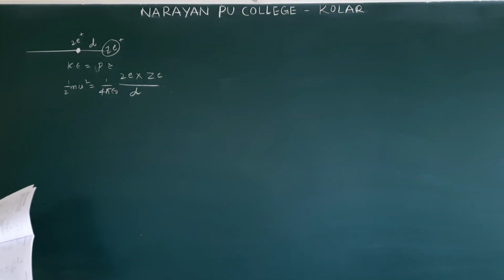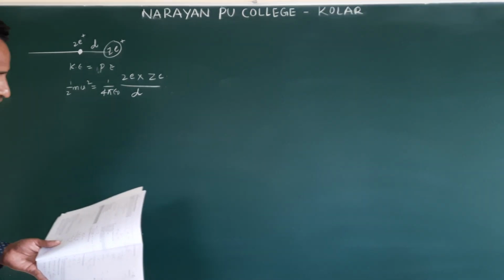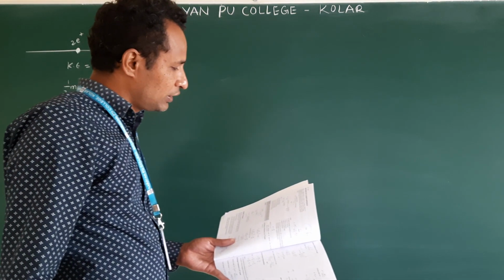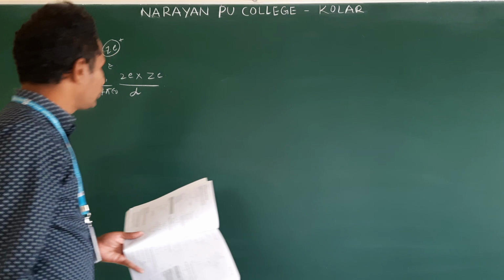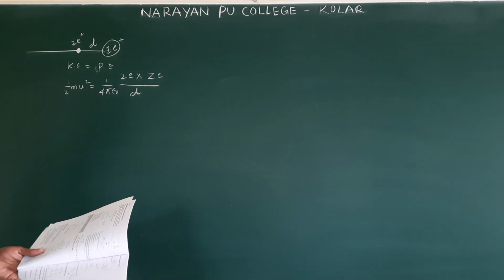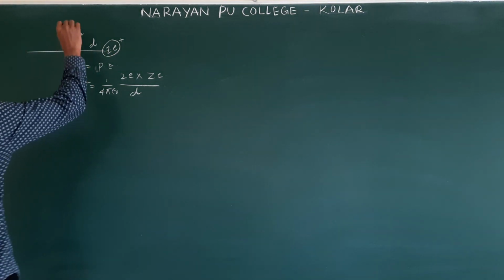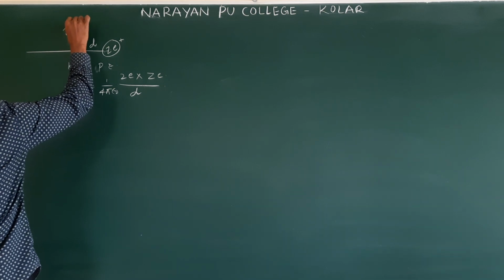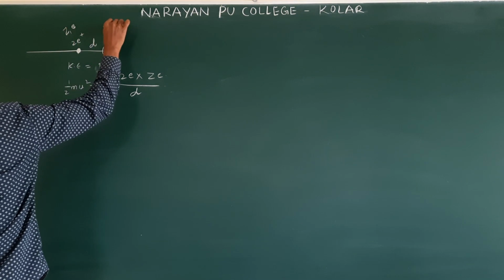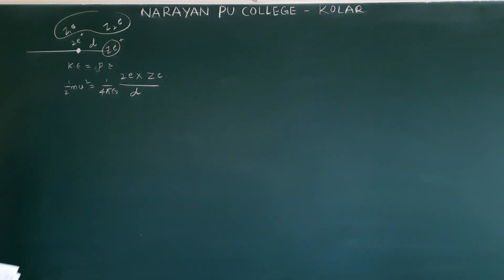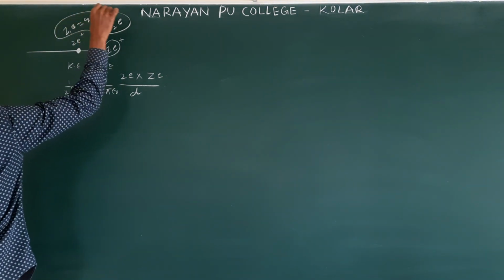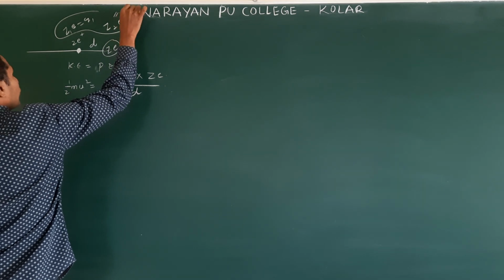They mention this only: half m v square is equal to 1 by 4 pi epsilon naught. Actually we are taking helium, so they have written the formula in general form. The formula is this, taken as Z1e and this taken as Z2e. The general formula is given in terms of physics. This is taken as Q1 and this is taken as Q2.